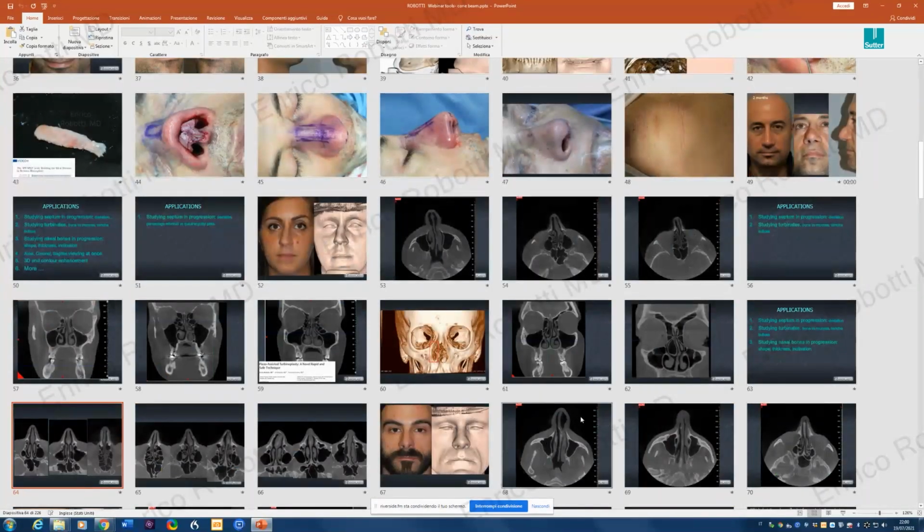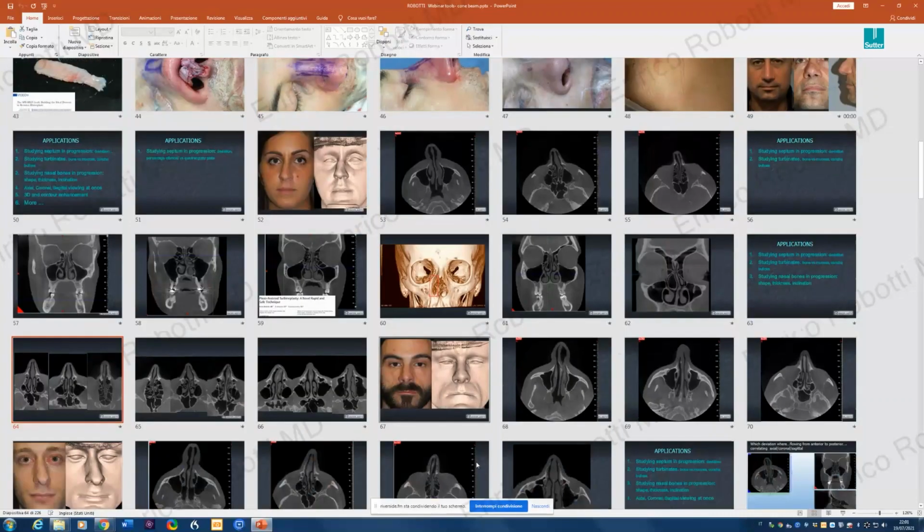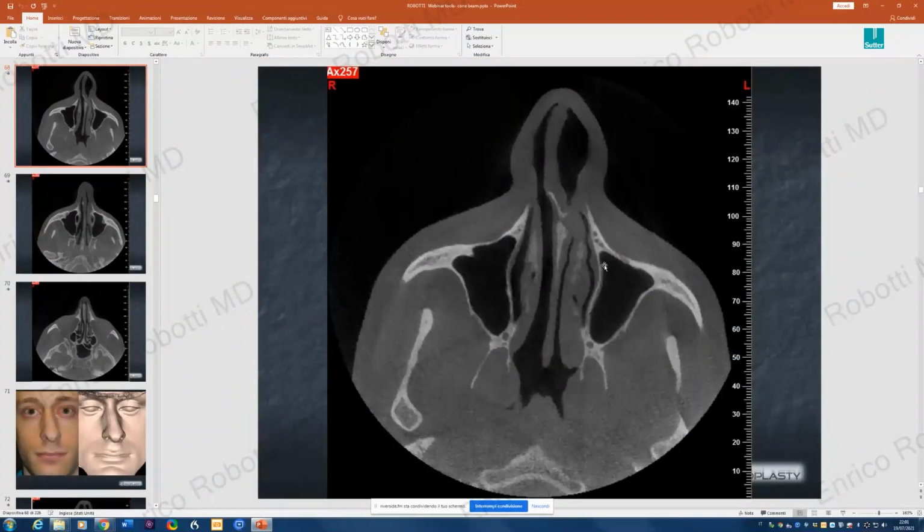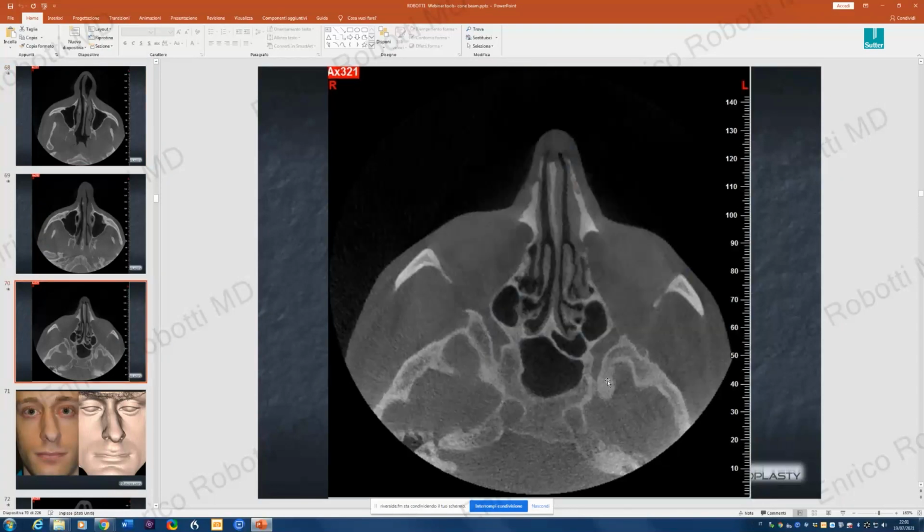And then, something we are probably going to work on with Peter Palazzi, is the lacrimal duct system, which is kind of ignored in rhinoplasty, and this can be assessed pretty well as well. Obviously, septal deviations, obviously,